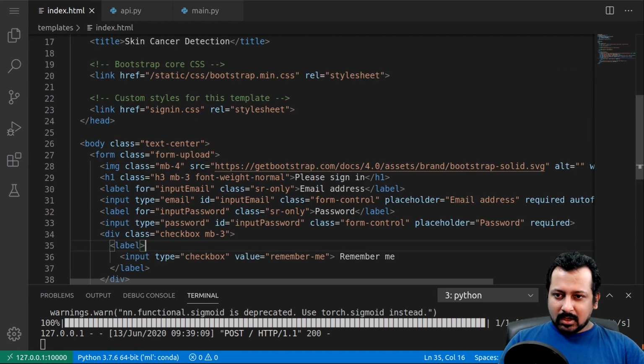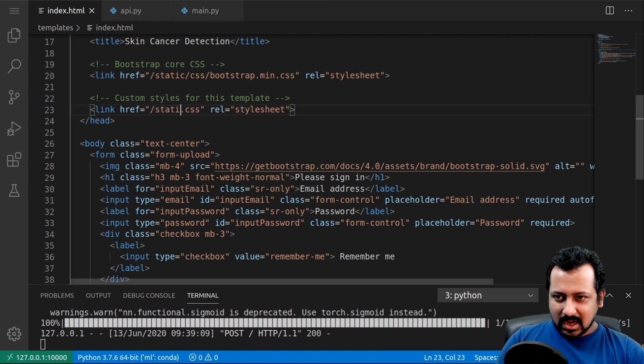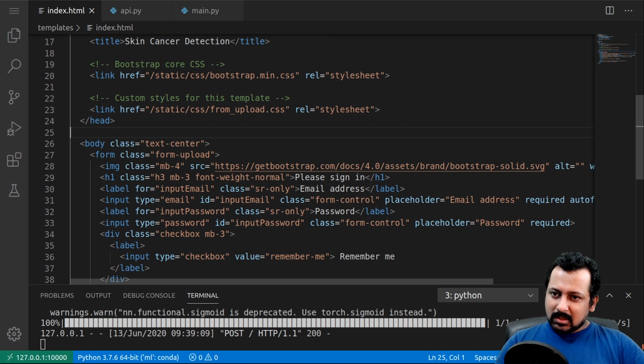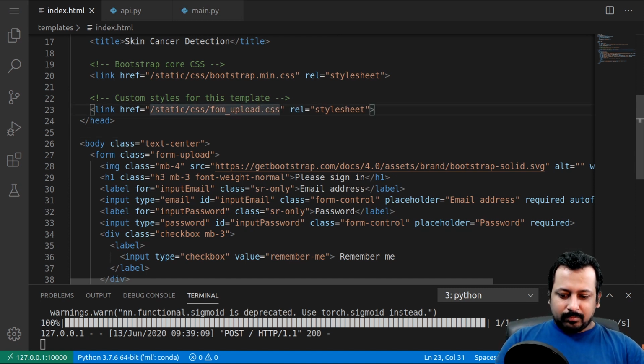Okay. And then I'm going to say it's in /static/css/form_upload.css, not from form. Okay,